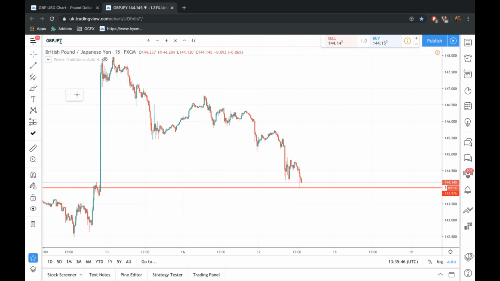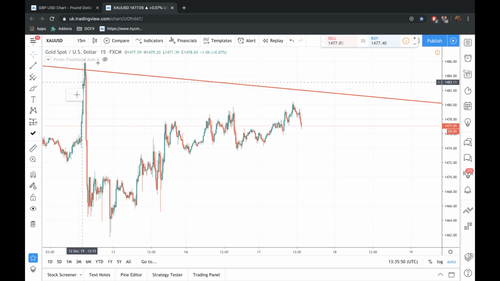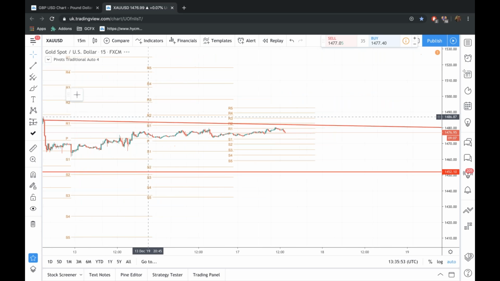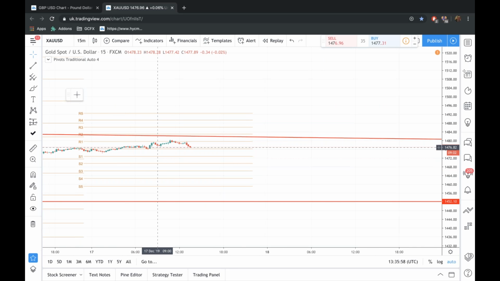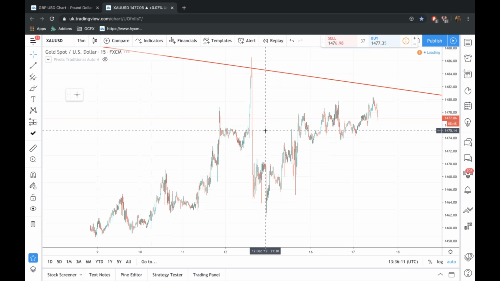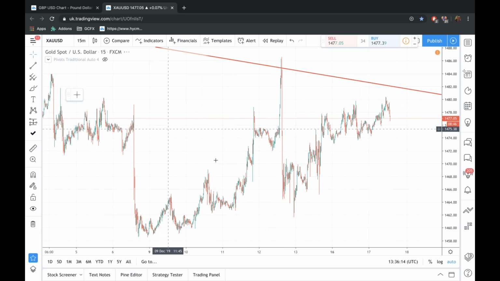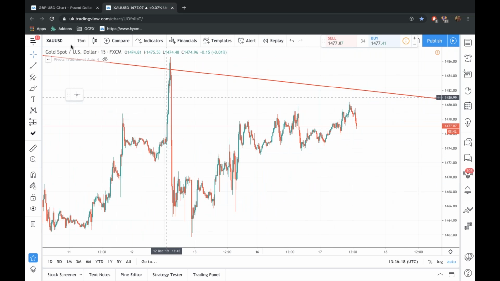Sammy, looking at gold on pullbacks, that makes sense to me. You can see prices just pulling back now towards that pivot point. So on the gold chart here, let's just get rid of that pivot point. I'll be expecting buyers here and buyers down here. And then if you get any further than that, I'd expect buyers down here.